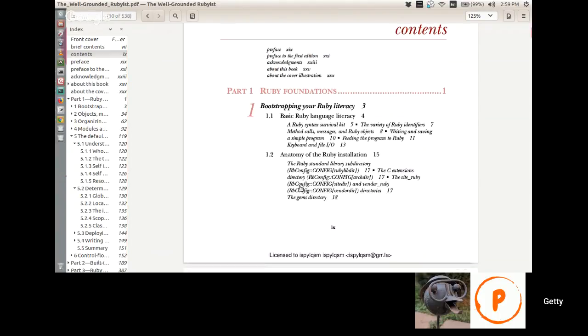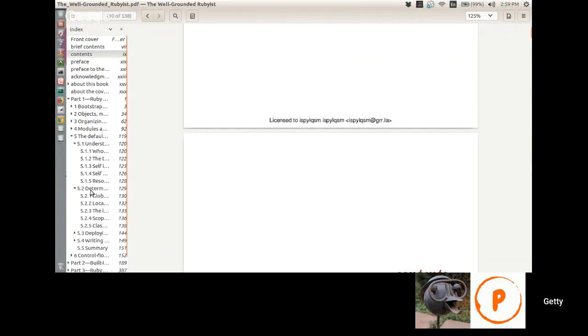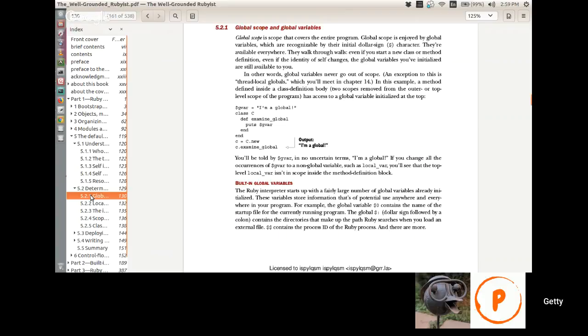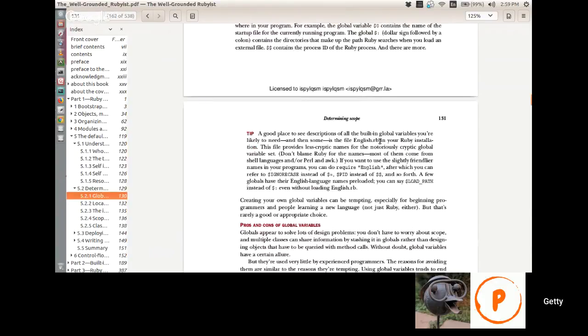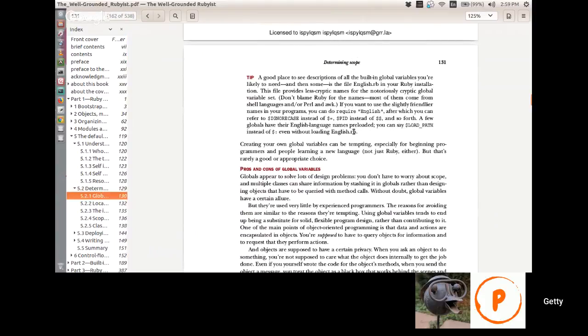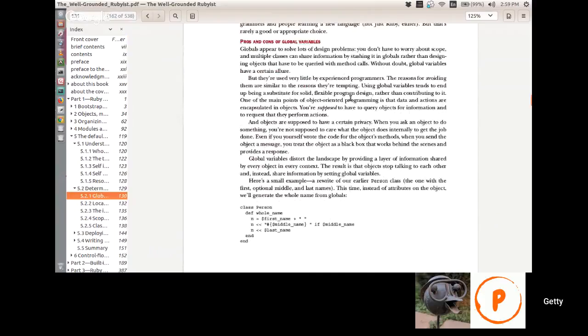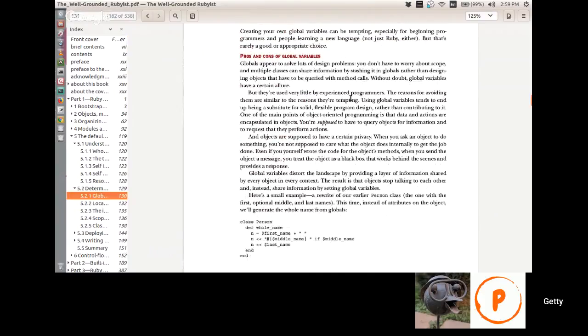What happened? How did I reach here? How did I reach here? Yeah, so this section is basically about talking of the global variable. So let's look at the pros and cons of global variables. Oh, this section, if I remember,